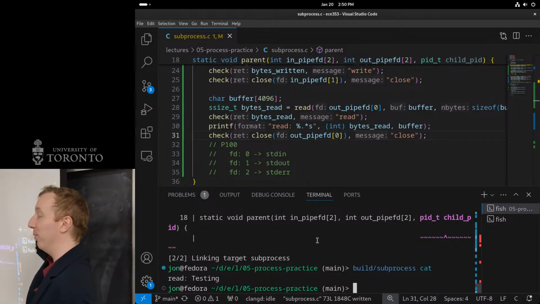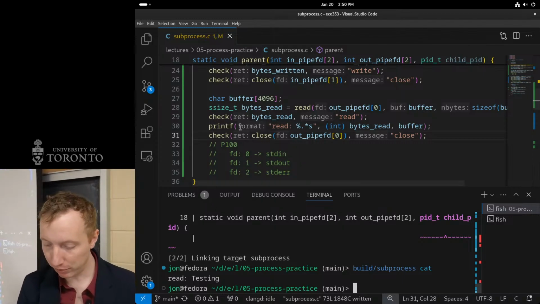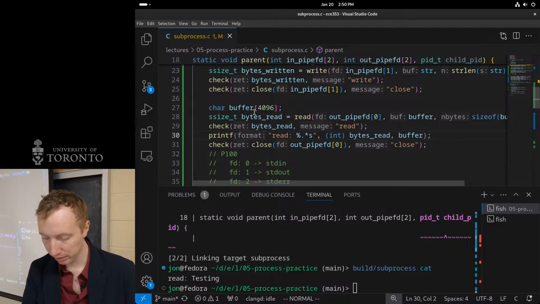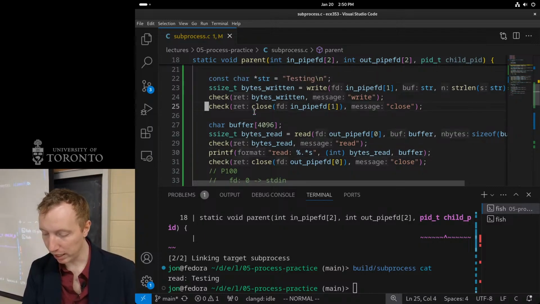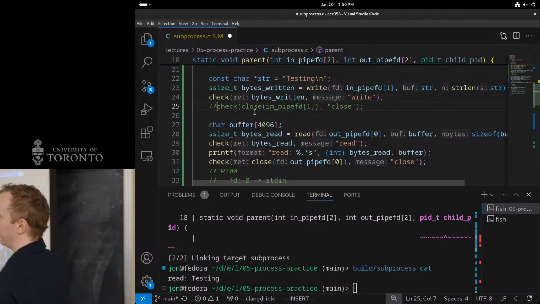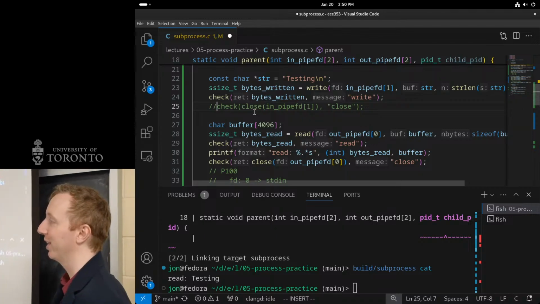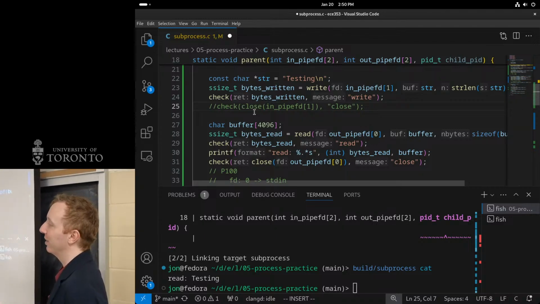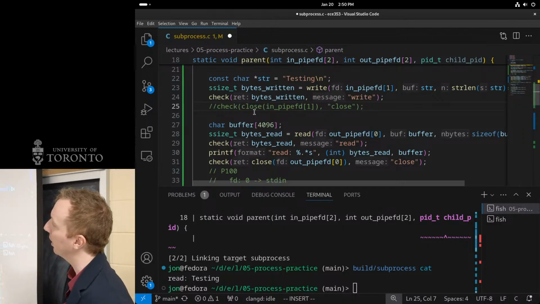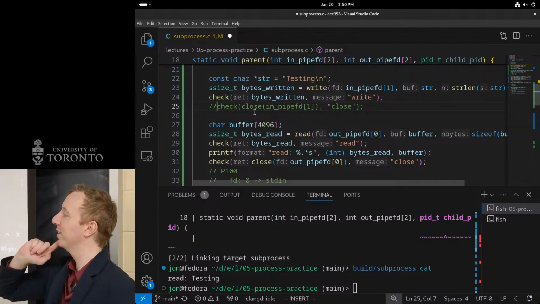Sorry. So, first question for you. If I forget to close the right end of the pipe here, will my program hang forever, yes or no? Oh, I see head shaking. No? Why? Just because it's not closed doesn't mean it's not written to? Yeah? If the read end is closed,